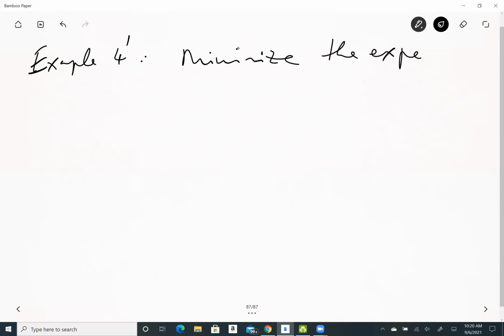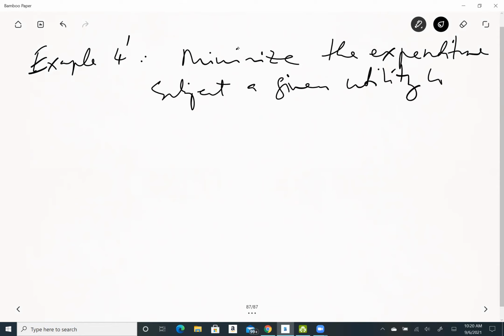Expenditure is how much you spend, that means how much you spend on the good. So that comes from your income. Minimize the expenditure subject to a given utility constraint. So now